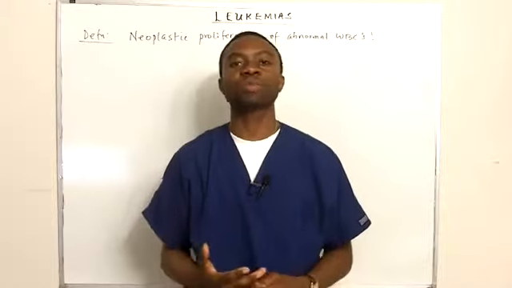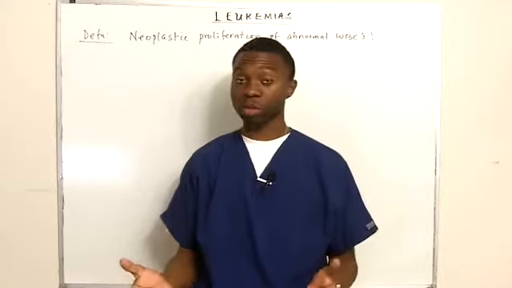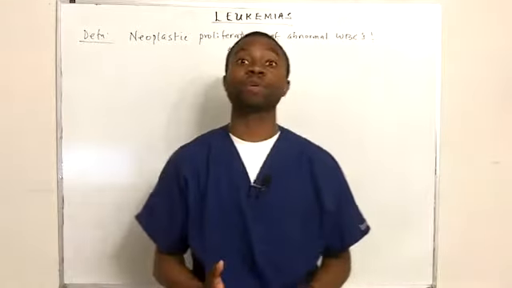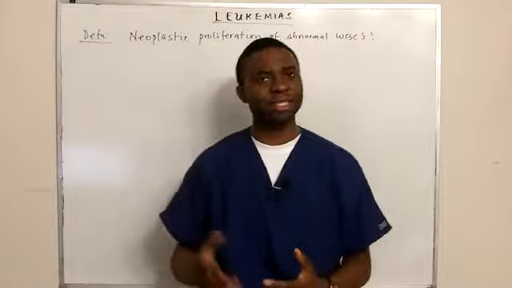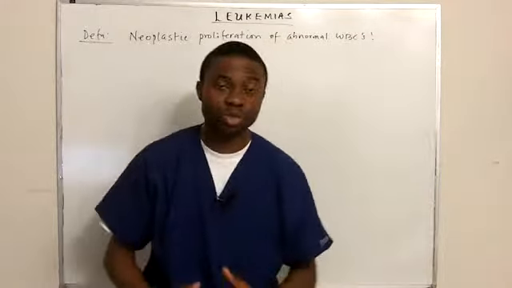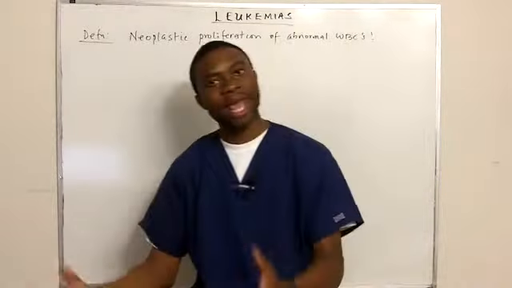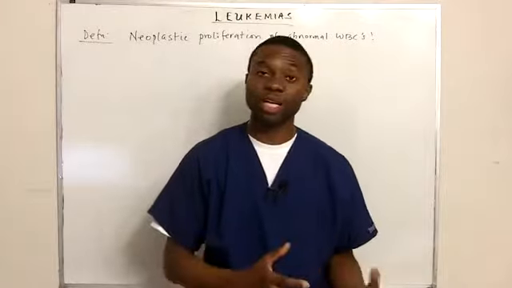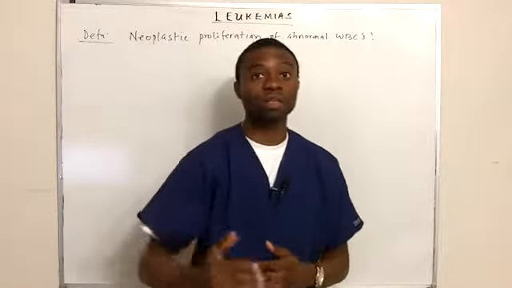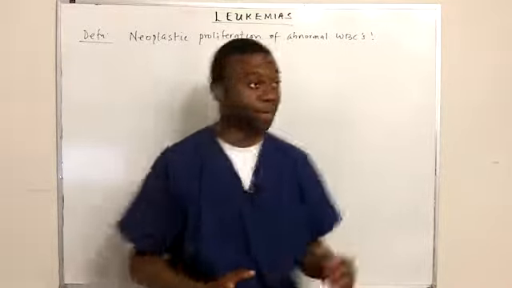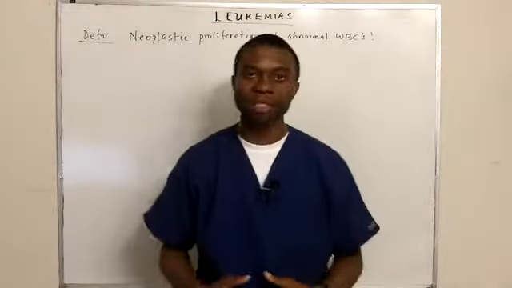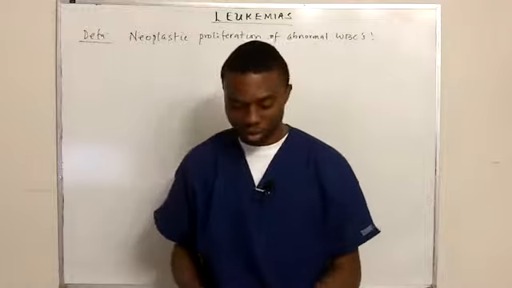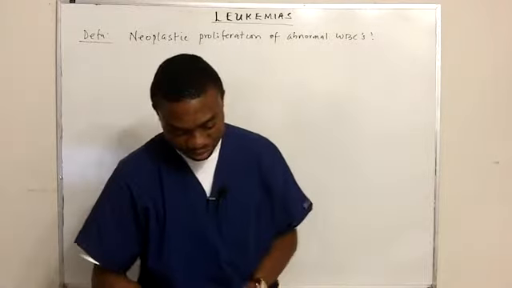What are the white blood cells we need in our body, right? We call them leukocytes. They're neutrophils, the macrophages that fight off infections. We have the B cells and the T cells. We need these B cells to make plasma cells, which make antibodies. Unfortunately, once the white blood cell lineage gets affected and they become cancerous, they become abnormal. That means they can't become normal white blood cells.